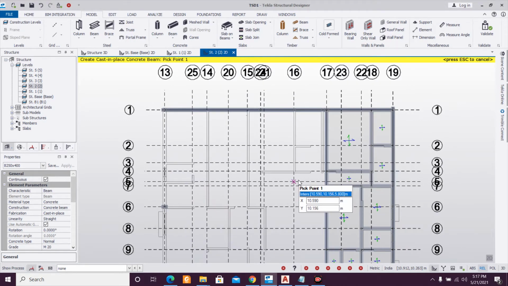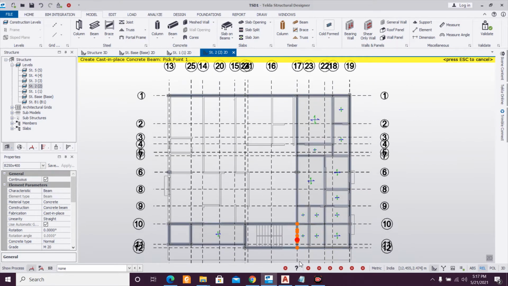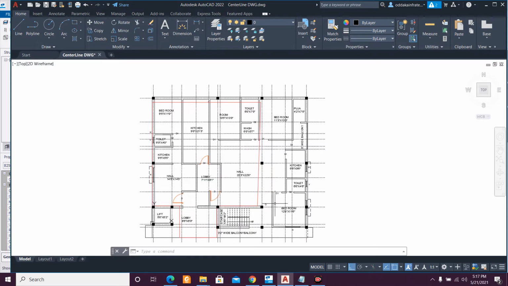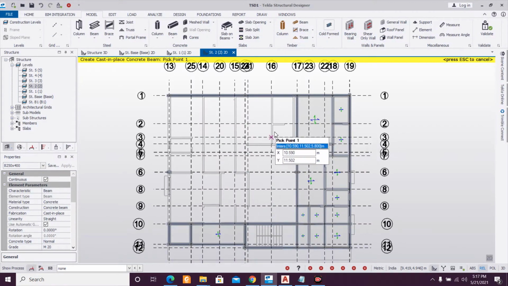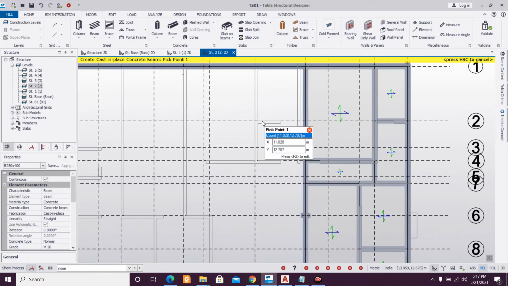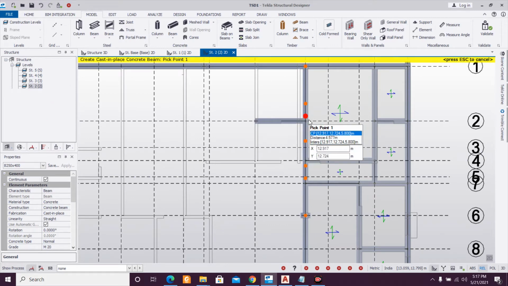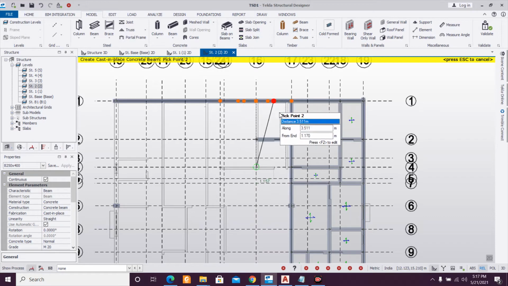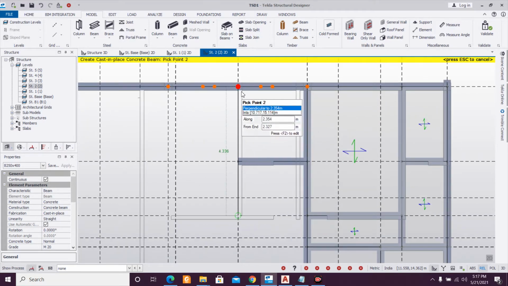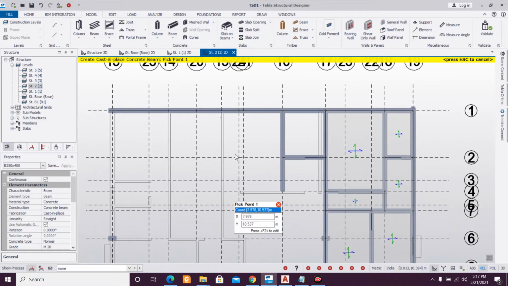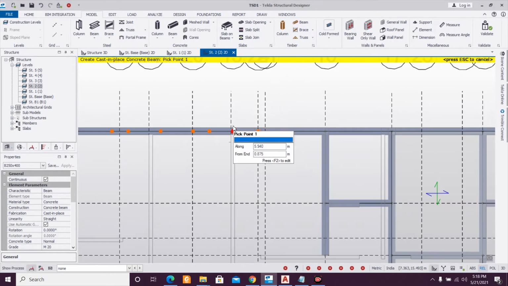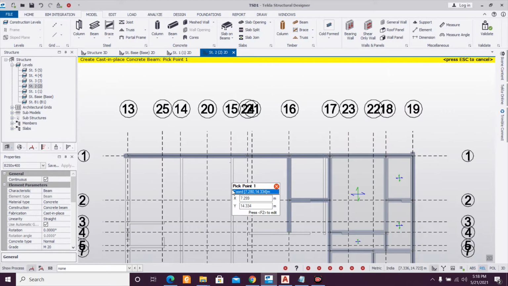There are many internal beams actually. So we'll see the plan here. As you can see, this is the plan. So as per this plan, we are making the beam column plans. So one beam like this and another one like this. There is no column here, hope. Okay. Another one can go like this, can start from here.